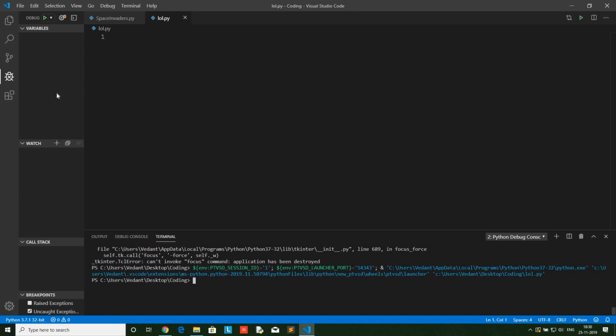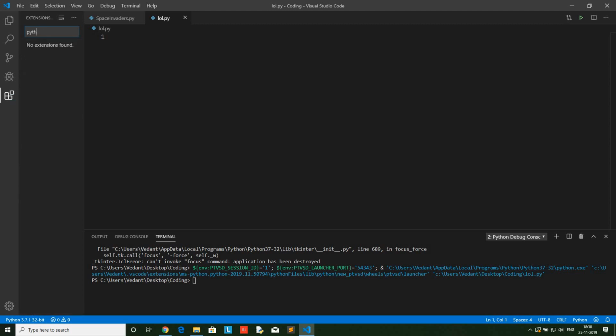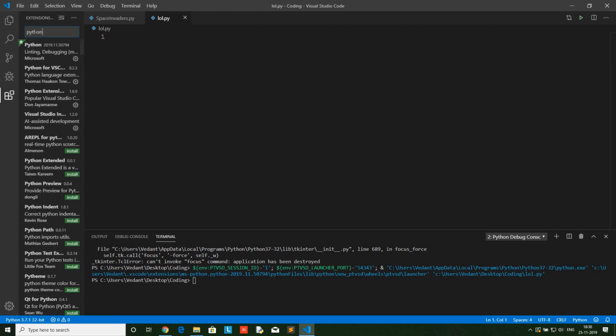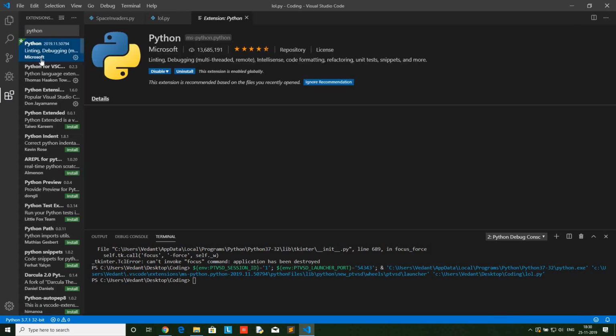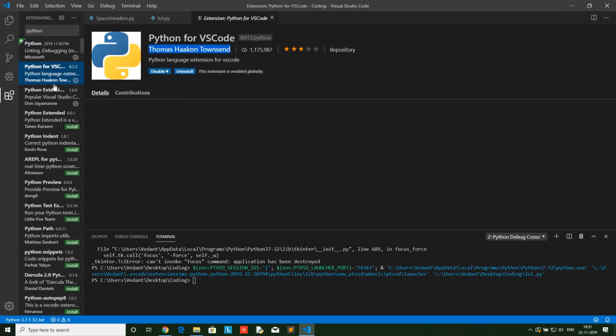But to actually work with Python, you need to go to extensions. There will be like four blocks and one block taken apart. Now what you're going to do is search for Python. You will see the first thing that comes up, Python by Microsoft, and you have to install this package, and it will be in use automatically. And then what you need is